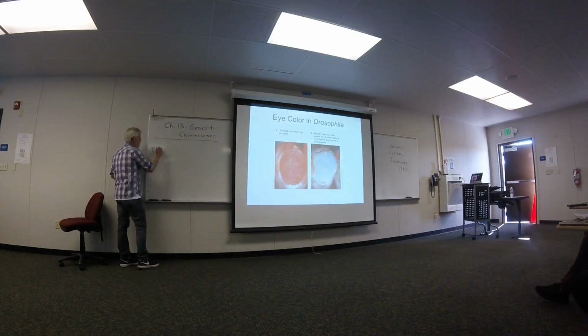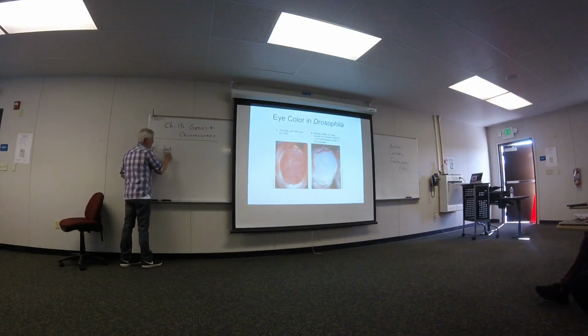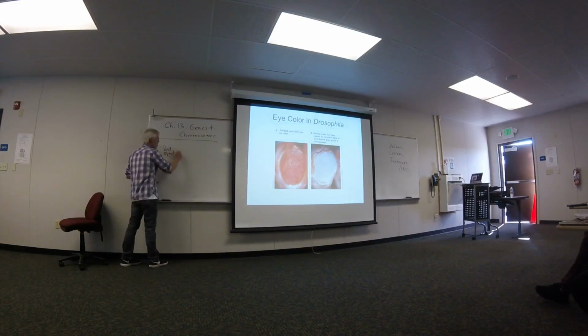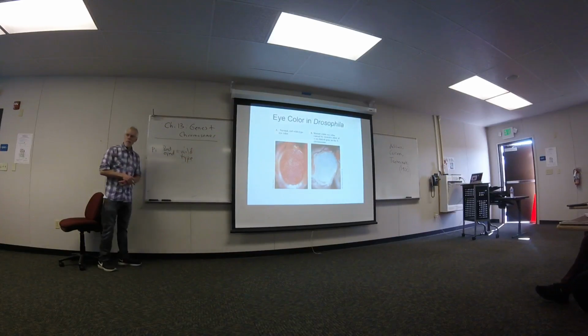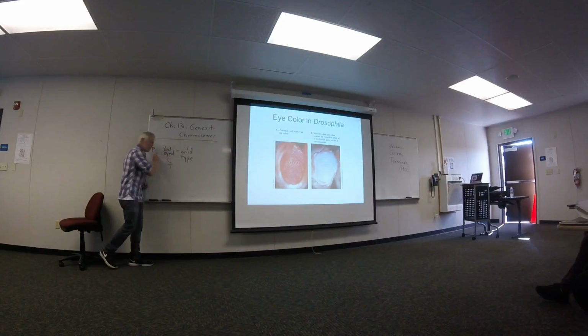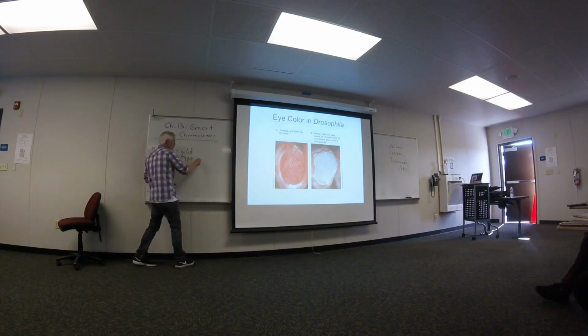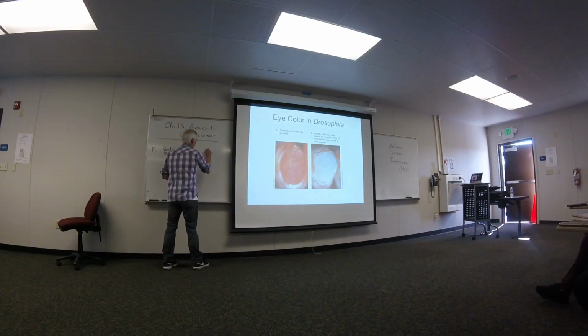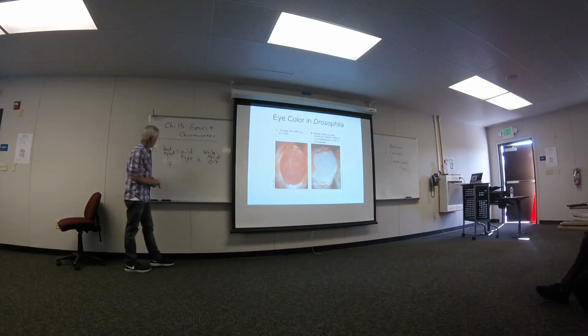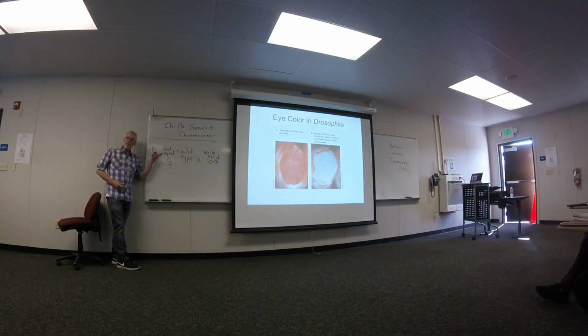So they had a red-eyed, which is the wild type. Okay. And they crossed this red-eyed female with a white-eyed mutant male. Okay? Now she's a true breed because